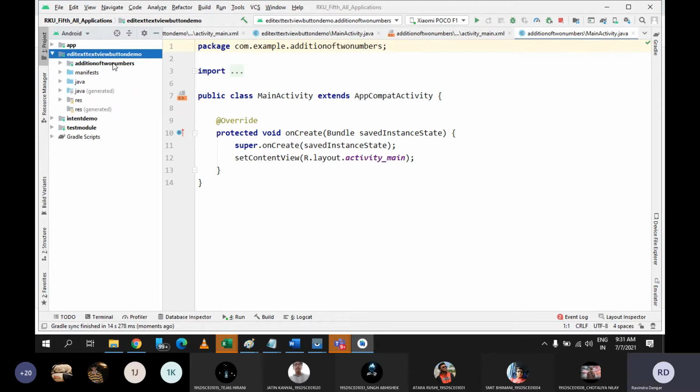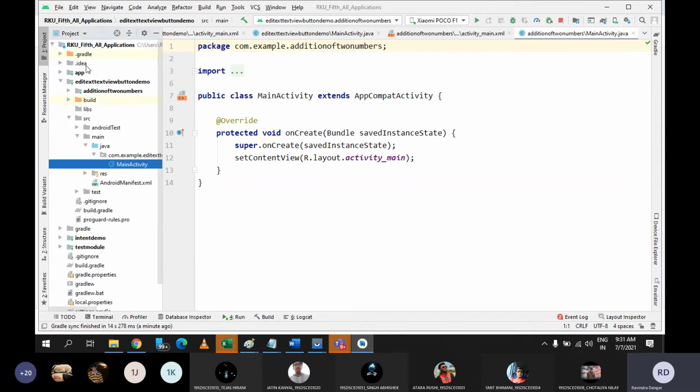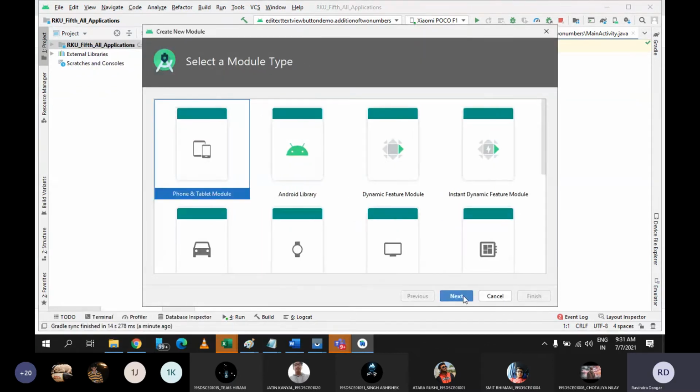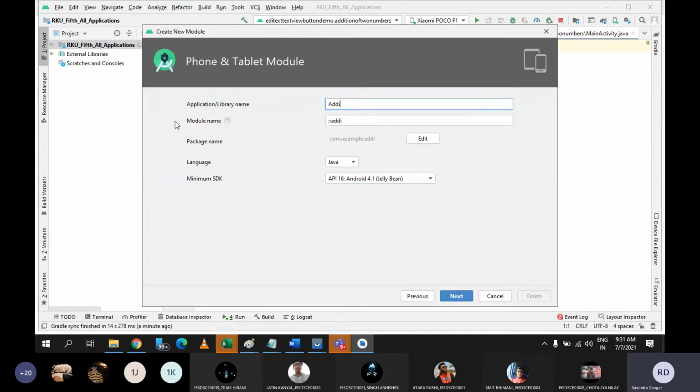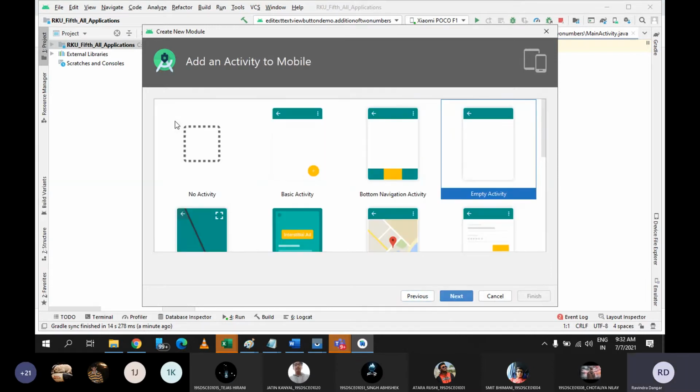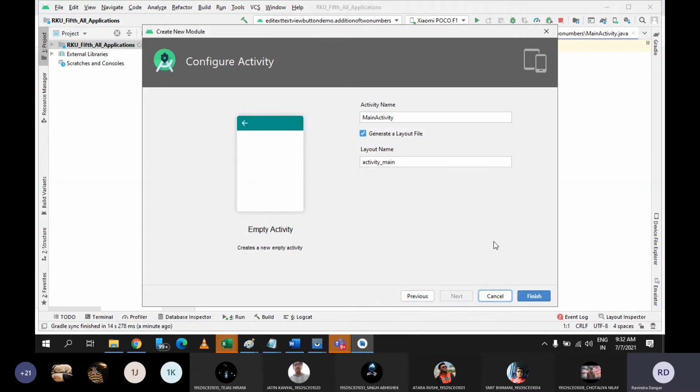I think it is placed inside this. Yeah. So this is not an ideal way of creating a new module. I was thinking that it will be created here only, but by default this application was selected, so it is now inside this. So let me create a new module outside. I want it inside this archive fifth all applications. Let me create a module again. Empty activity, next, and finish.